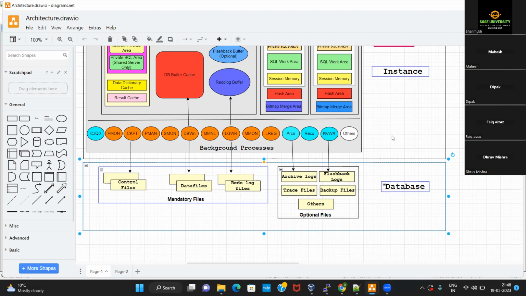If the statement is a DML or DDL statement, a redo entry has to be generated, and that redo entry needs to be written to the redo log files.